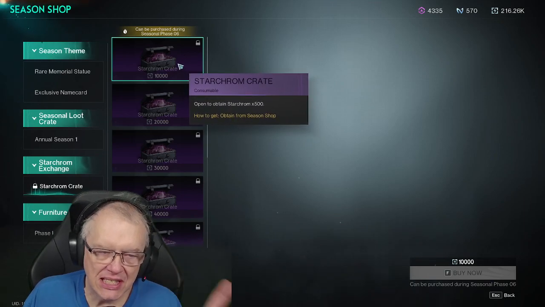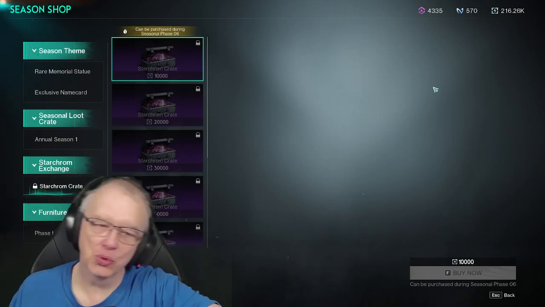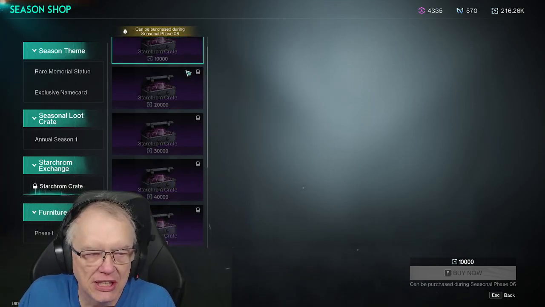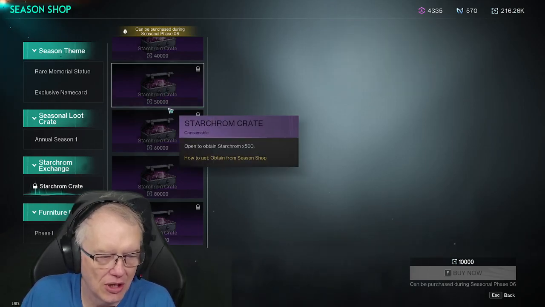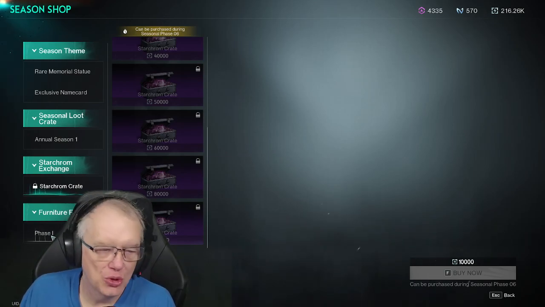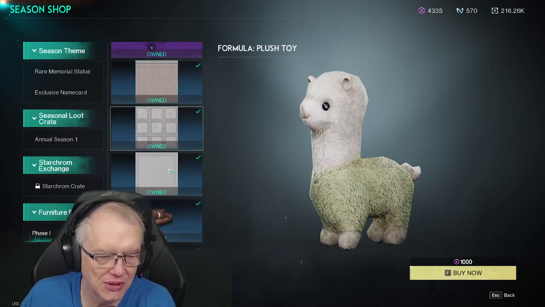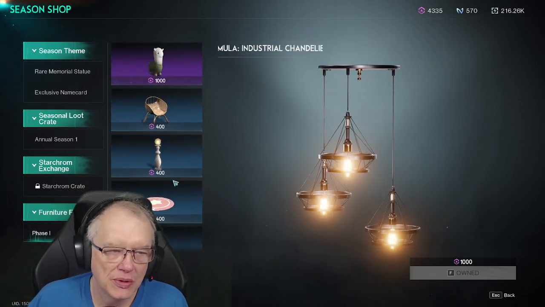In week 6, you can turn energy, which you get for doing dungeons and killing things and all over the place, into Starcrom by buying these crates in week 6. You can also in here buy various furniture stuff with Starcrom. As you can see, I got a bunch. So that's